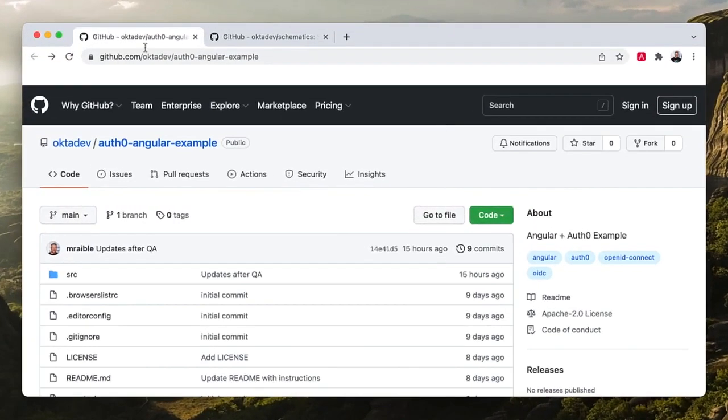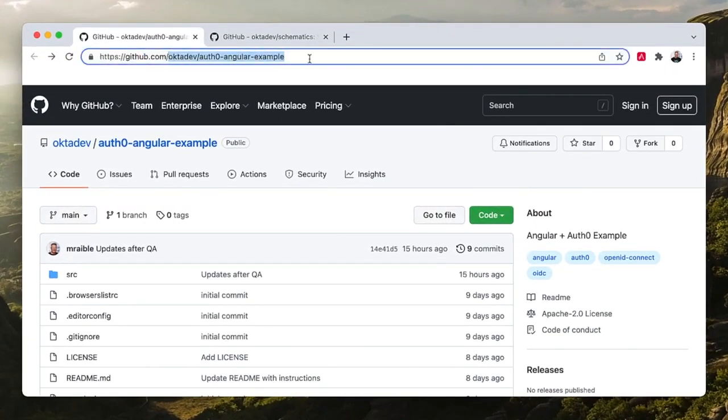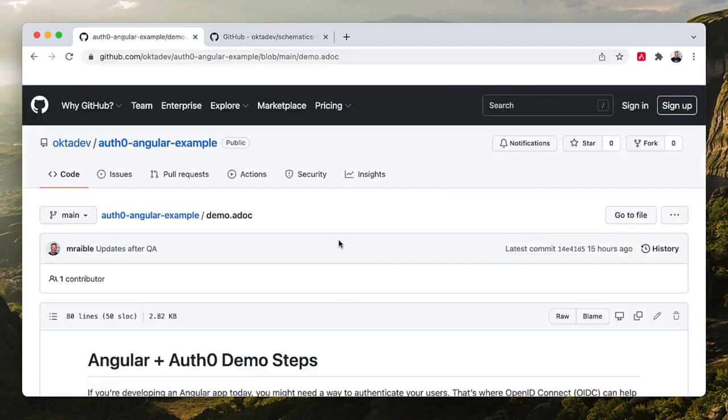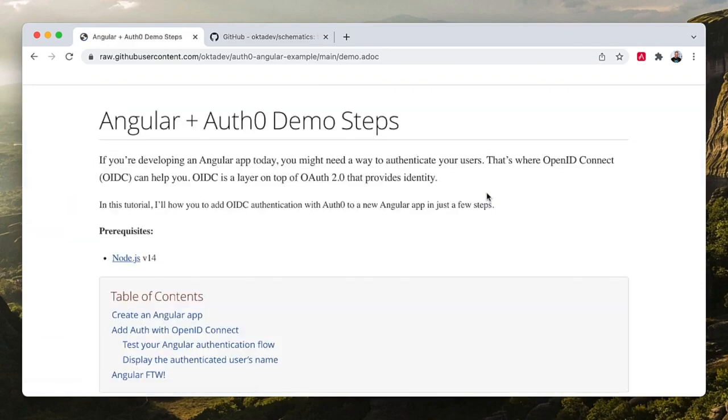So everything I'm going to show you today, the results are contained in this repo at oktadev/auth0-angular-example. And in this repo, there's a demo.adoc, adoc for AsciiDoctor, that I will use as instructions for everything that we'll do today. So if you're developing a modern Angular app, you might need a way to authenticate your users,